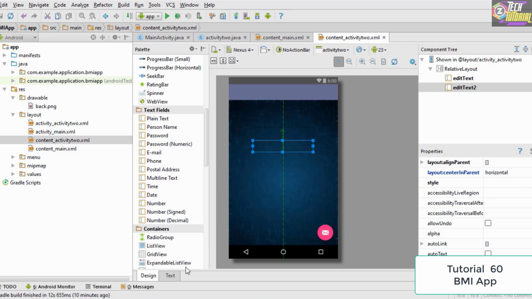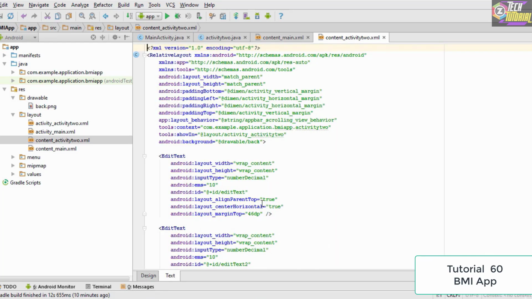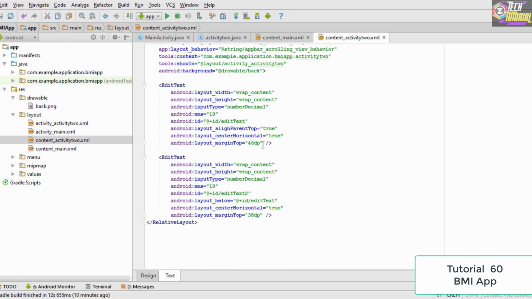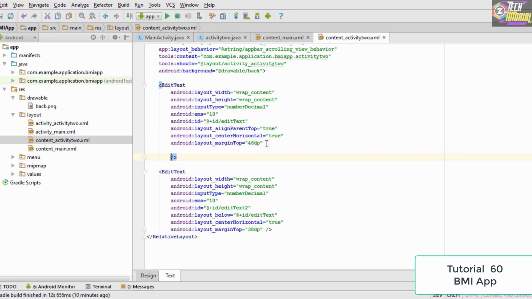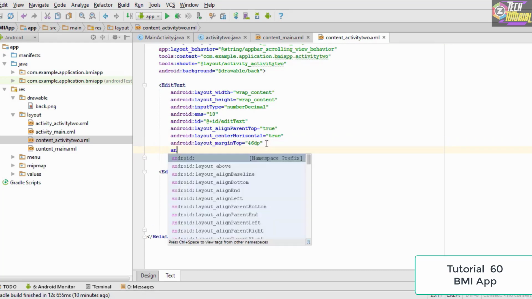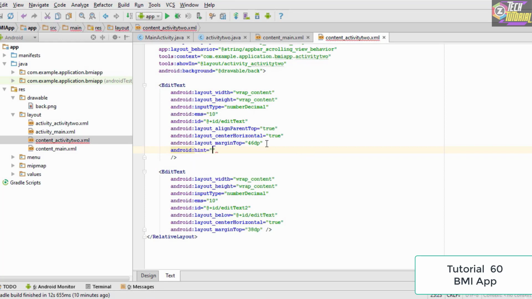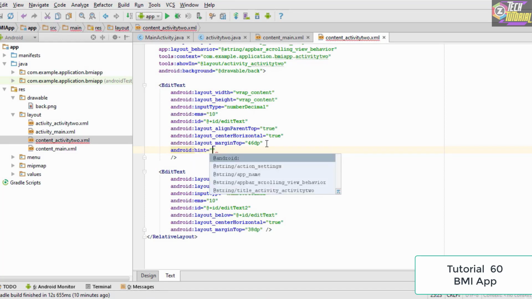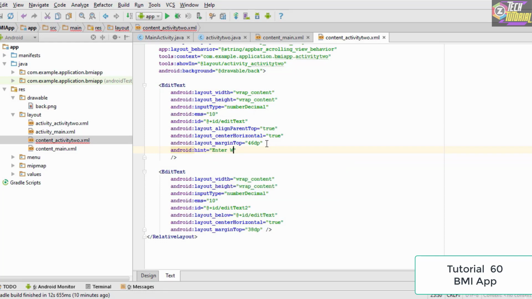So in order to do that, we switch to the XML code, and inside the XML code, as you could see, this is our first edit text, and in order to add a placeholder to it, we type Android hint, and it is basically used in order to give a hint to the user about what this edit text is all about. So inside it, as it is going to accept weight, we type enter